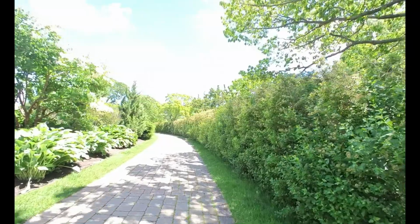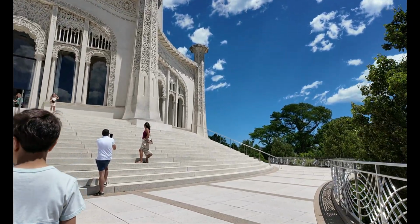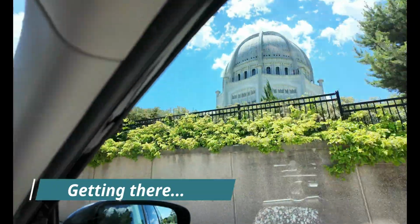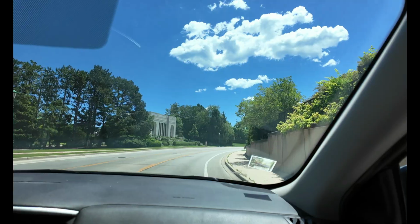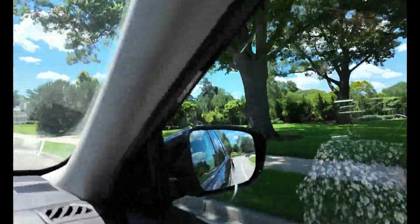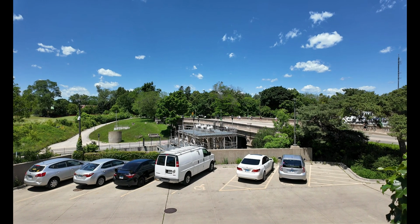This is one of 8 continental Bahá'í houses of worship around the world, and the only one that's here in North America. The temple is about 15 to 20 miles north of downtown Chicago, depending on your particular starting point. Now, if you're coming from the northern suburbs, the I-94 South is the most convenient route to take. The Bahai Temple offers ample parking for visitors, and the parking lot is located adjacent to the temple and is